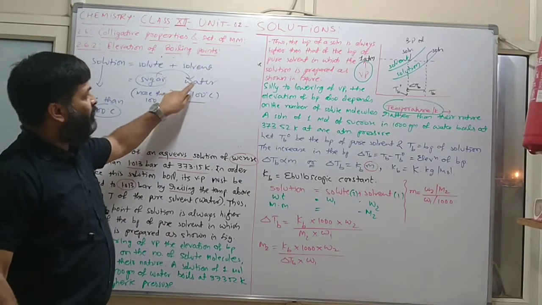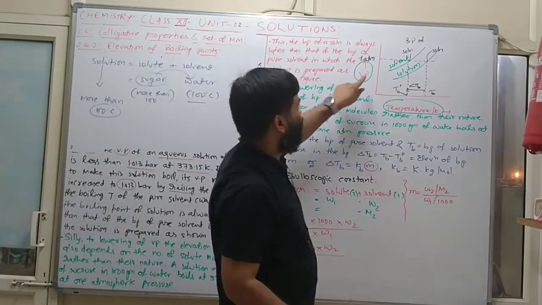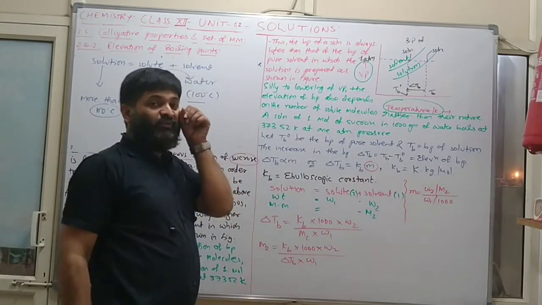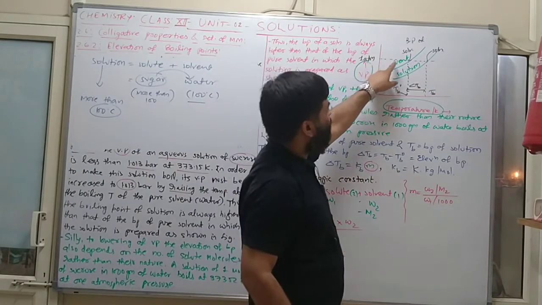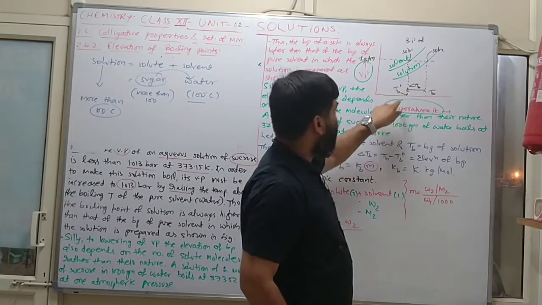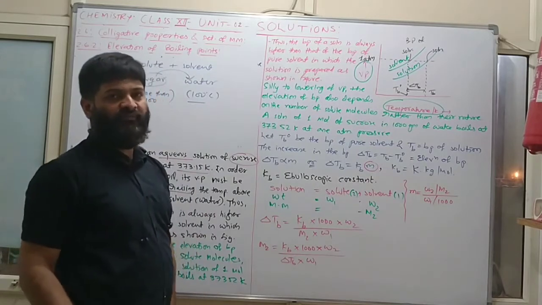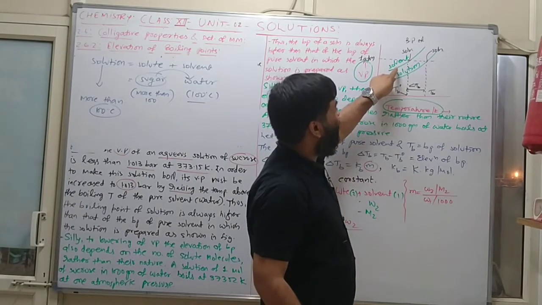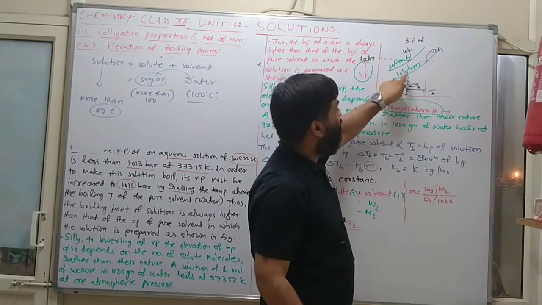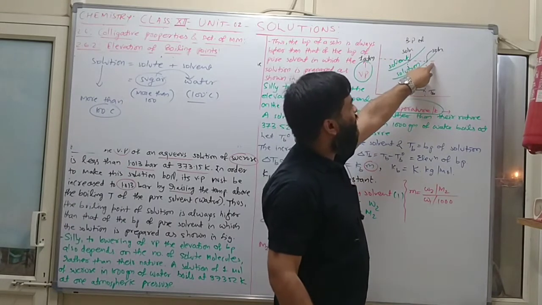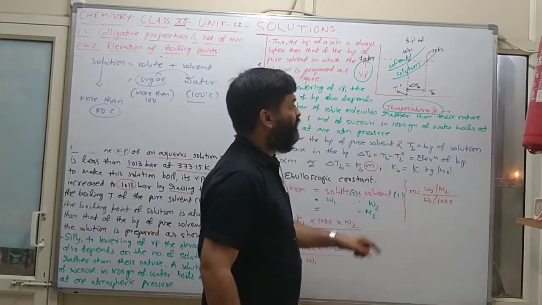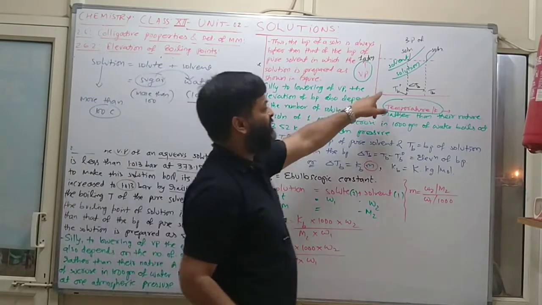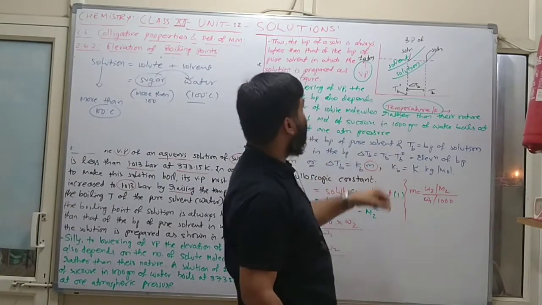Clear? Vapor pressure of pure water is maximum. देखो ग्राफ देखो. Here solvent, vapor pressure is 1 atmosphere and we know 1 atmosphere is equal to 1.013 bar. तो 1 atmosphere पे टेम्परेचर क्या आता है? TB0. So TB0 is boiling point of pure solvent, and whenever we are adding some solute particle, then solution will form. So vapor pressure will remain same, but boiling point will increase. TB is boiling point of solution, and TB0 is boiling point of solvent.